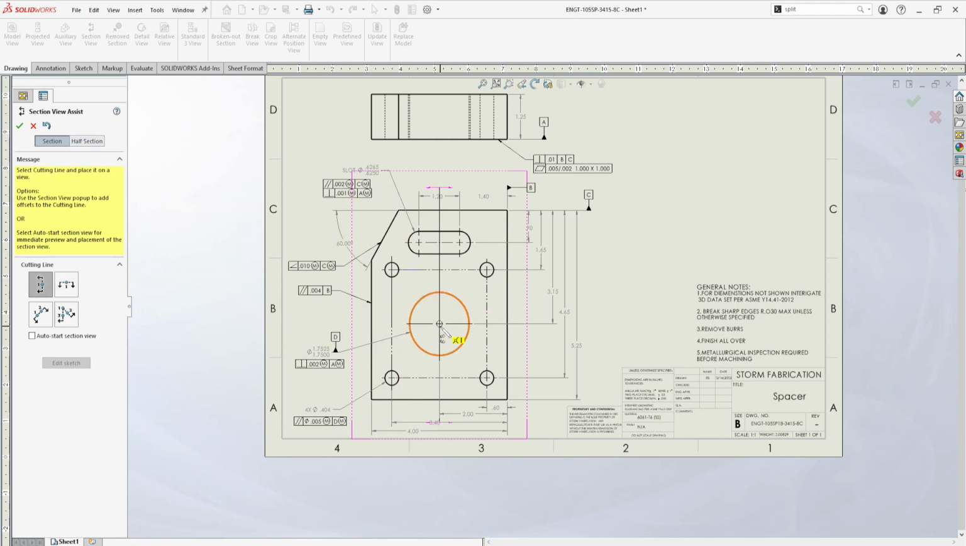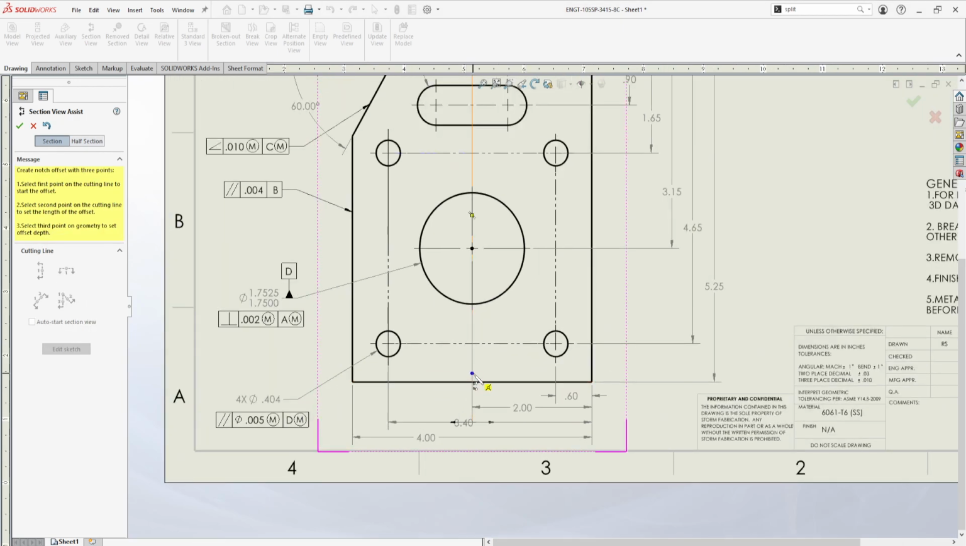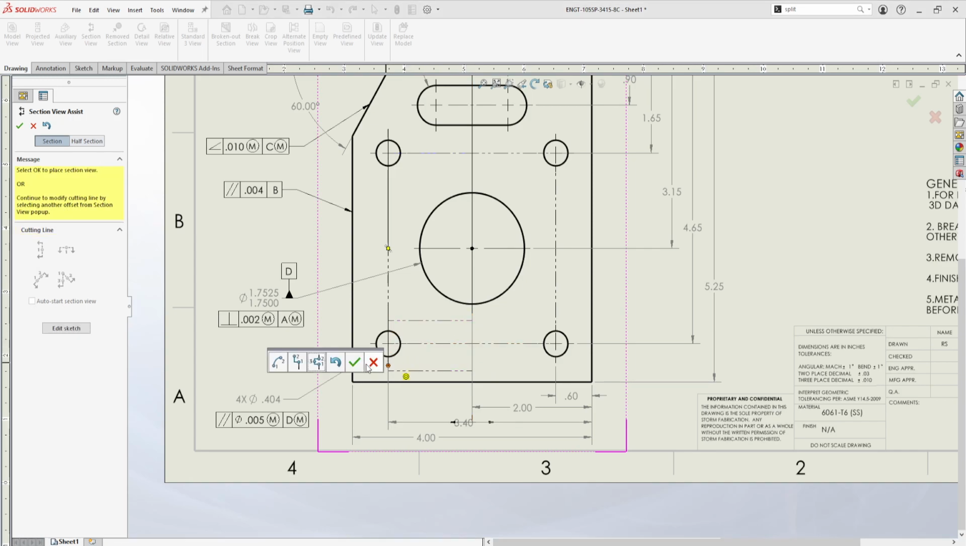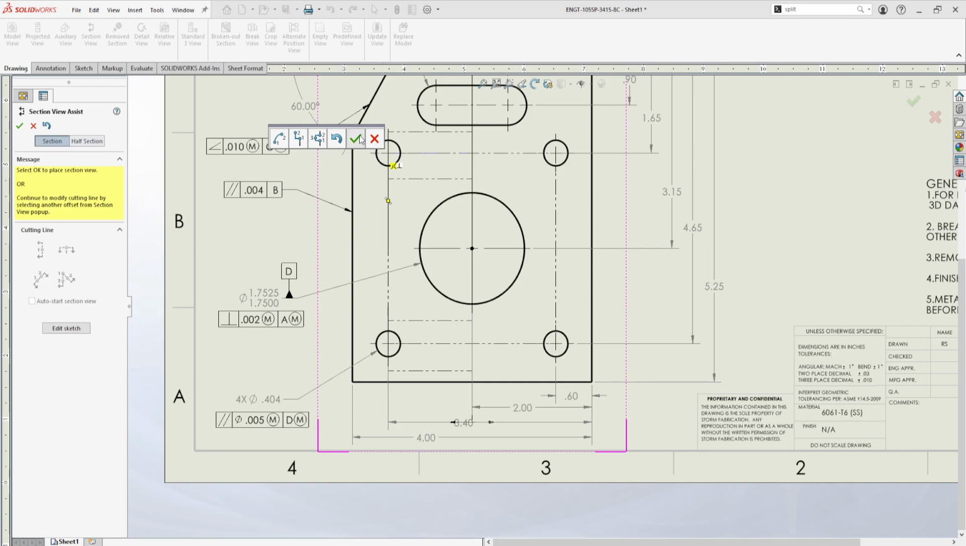Let's make it vertical. We can pop it in right there, and then we can grab this notch offset, and these numbers tell you which order to click. 1, 2, 3. So we can grab it right there, and then bring it over to this. Then we can grab one more, below the hole, above the hole, drag it over, click, hit the check, and